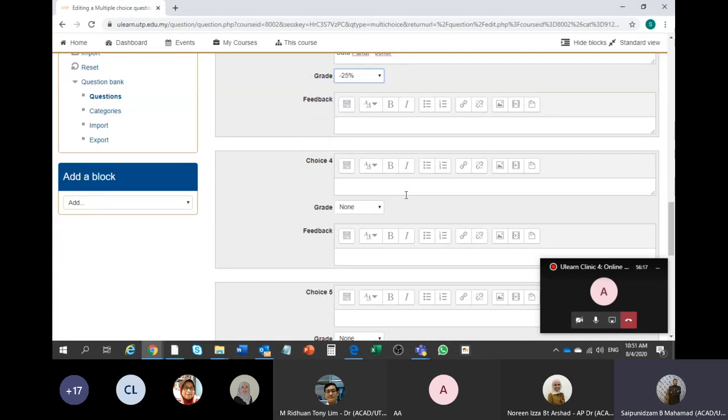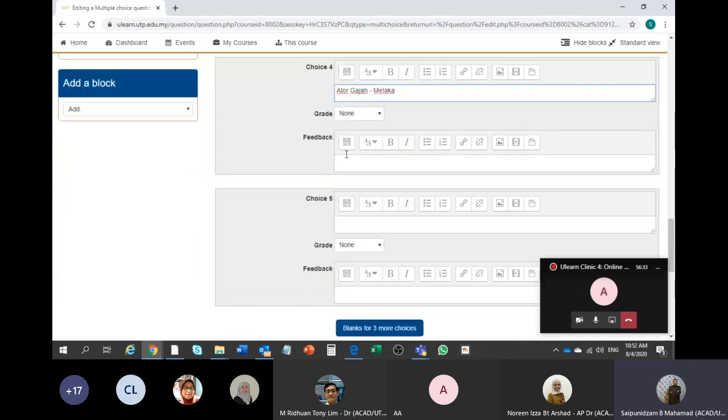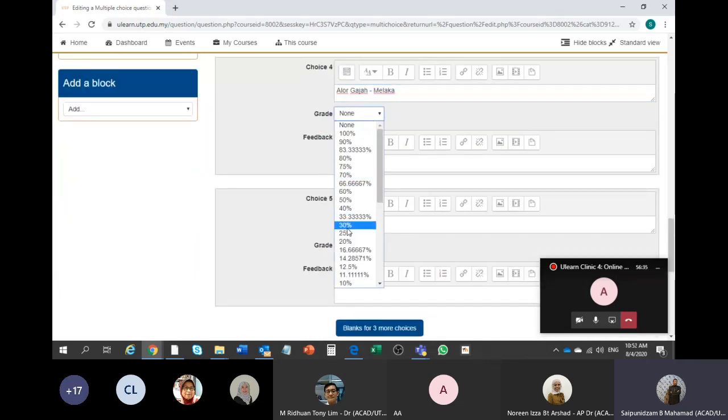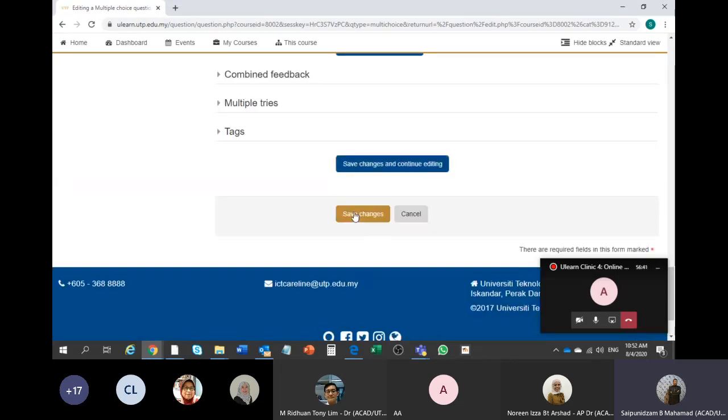So it is not going to be 1 mark, it is going to be as what has been deducted. The next one may be Alor Gajah, Melaka. I will choose to have a deduction because this one is incorrect. Deduct 25%. So when I save,